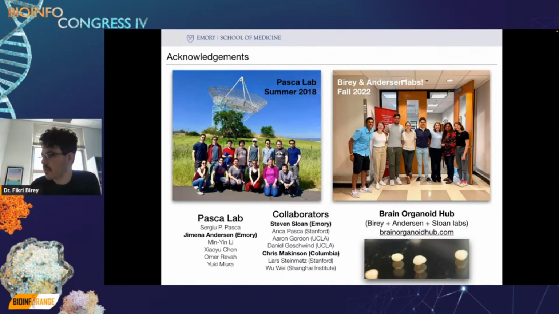This is from a picture from late last year. And one last thing that I'm gonna highlight is the Brain Organoid Hub. Please visit this website that will tell you more about this initiative that we're building at Emory, that we sort of put our minds and hands together. This is my lab, the Anderson Lab and Sloan Lab, which are both organoid experts, and we're building this initiative to standardize and optimize these